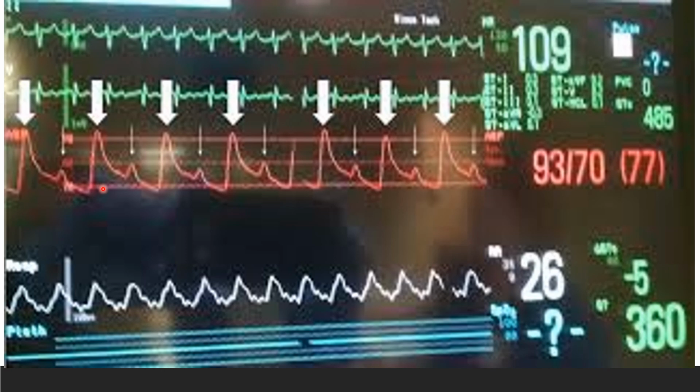Now you can correlate arterial pressure tracing with the ECG. Here you can see one cardiac beat is generating adequate pressure while the subsequent cardiac beat is not generating adequate pressure. Here it is important to observe that while ECG is normal in this patient, the patient has pulsus alternans. It is almost always indicative of left ventricular systolic impairment, and it carries a poor prognosis.